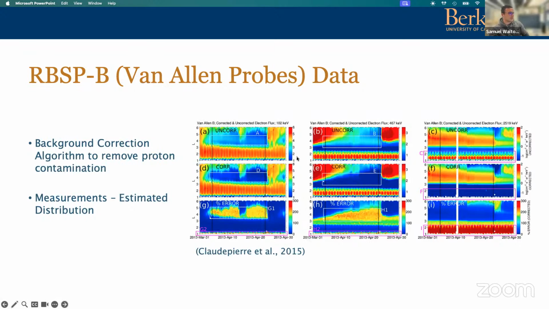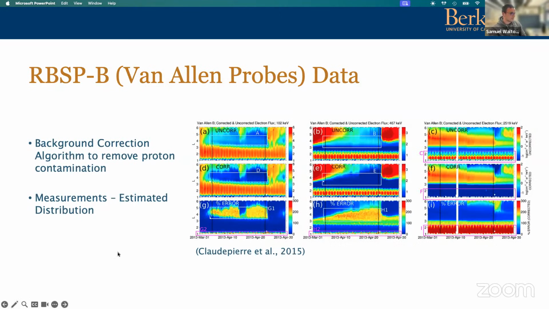And you can see a few examples here of uncorrected data on the top row, corrected data in the middle, and the error on the bottom. This is electron flux as a function of time and L shell. At 100 keV, most of the correction is coming in the slot region, the empty regions, and then at higher energies, lots and lots of proton contamination is being removed from this electron data at very low L. So that's going to be an important data set to use for low L shell observations, such as the ones I'm going to show you.